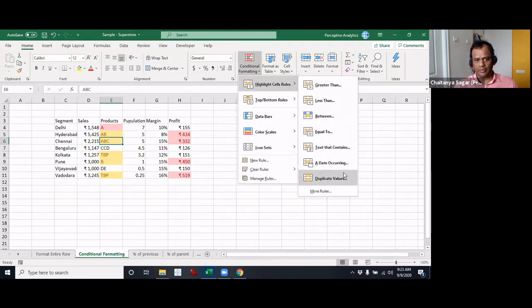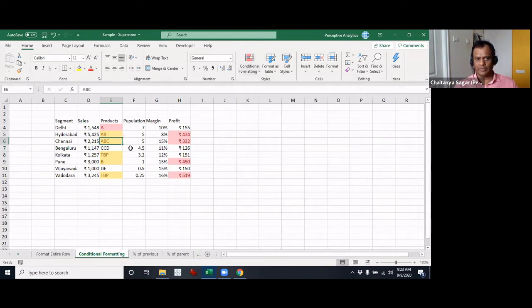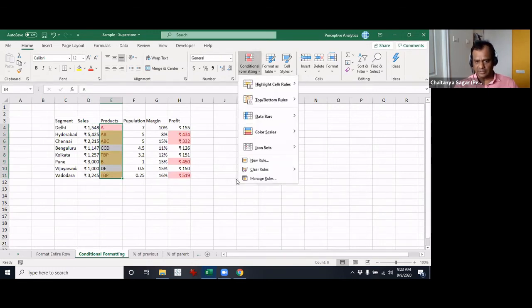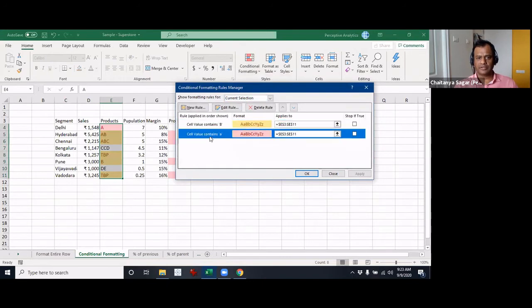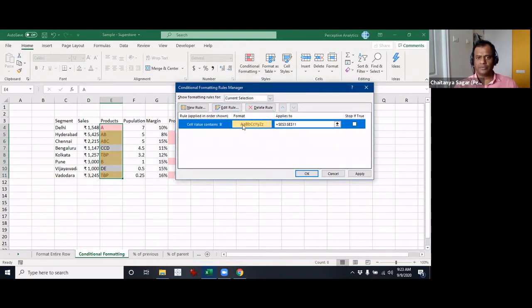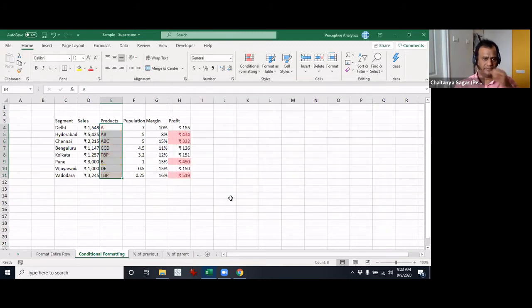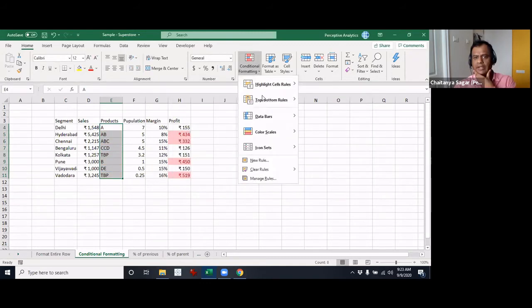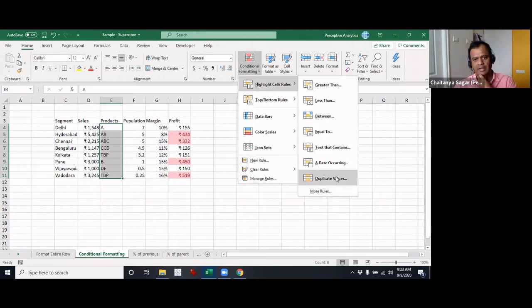And let's look at the duplicate values. I think this would be interesting. So duplicate values. I think we do have some duplicates. What I'm going to do is just clear the formatting right here, clear conditional formatting. So manage rules, I'm going to delete these, they are the only ones anyway. I'll delete these two. All right. So now let's come back here and look at duplicate.